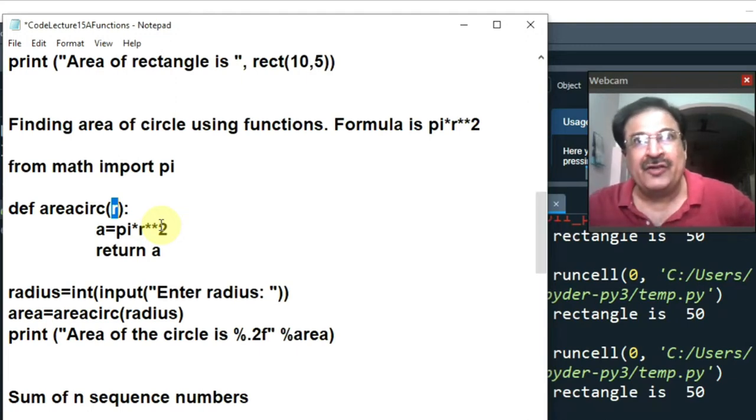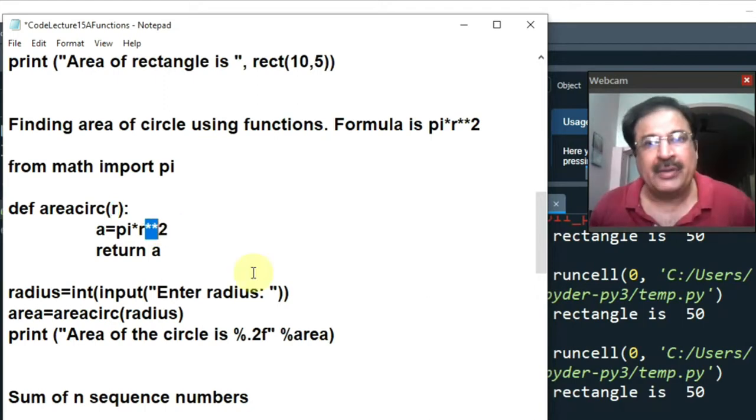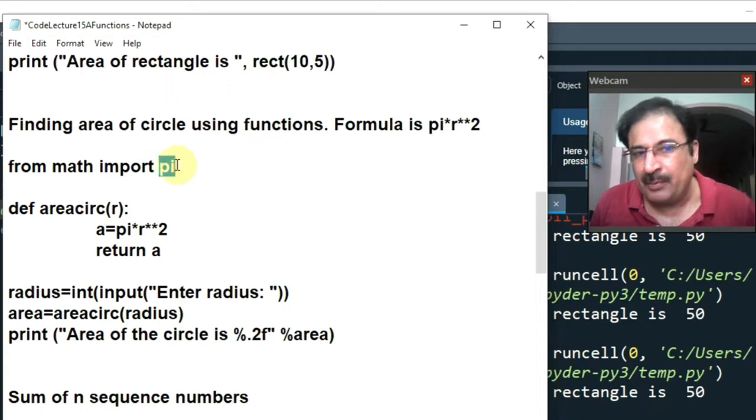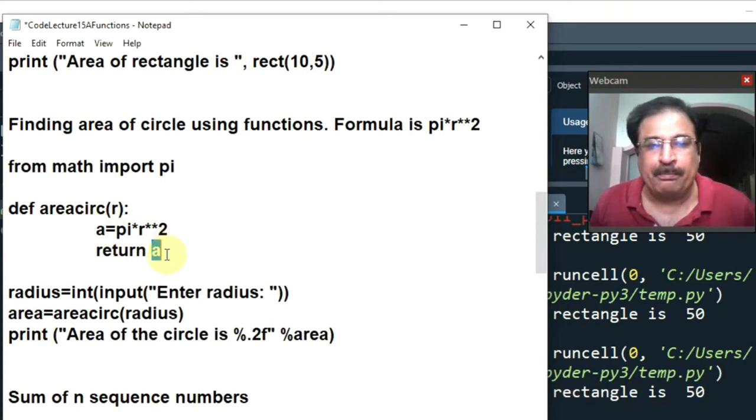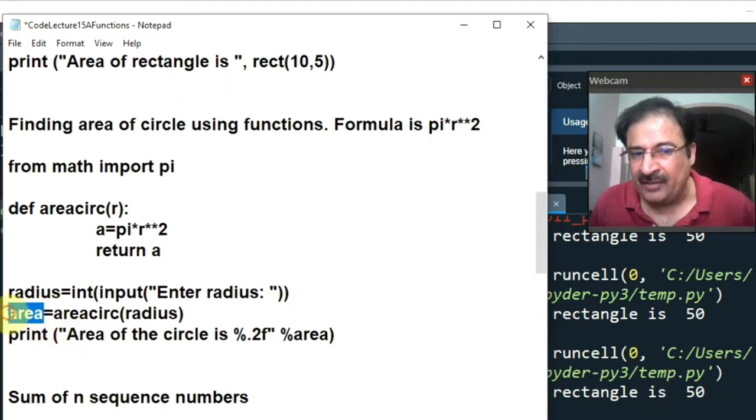Recall in the earlier lectures we have learned how to make use of pow function. Pow r comma 2, r to the power 2. But this double asterisk also does the same function as pow was doing, raised to the power. So pi, the value of pi is taken from this math module, value assigned to the r parameter raised to the power 2. The result will be assigned to the variable A. This result will be returned back to the main function and will be assigned to the area variable. Area of the circle is, by this